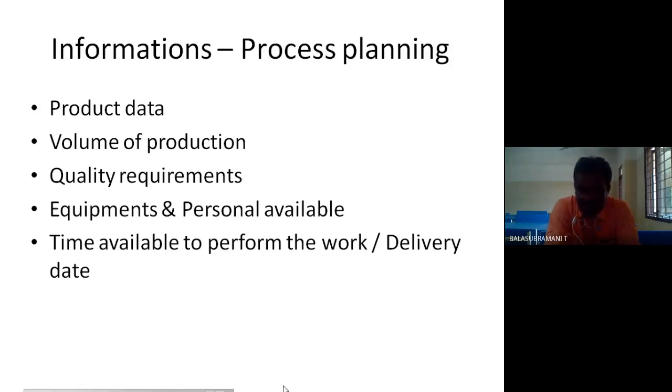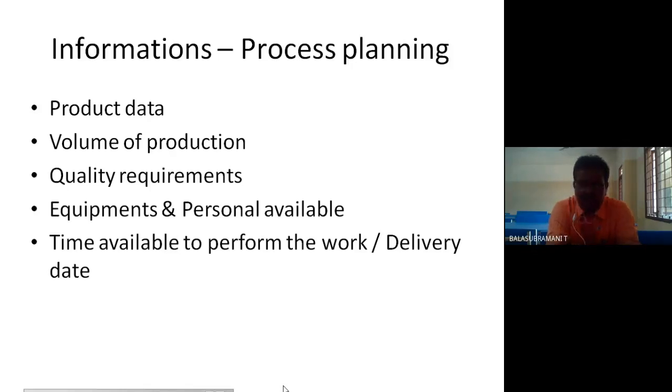So first you may find out the solution, the need of the problem. First you find out the problem: which part should be made or which part should be altered in the existing unit. It plays a very major role. Based on the problem, find out what data are needed. You may give a dimension, circle, length, tolerance or surface. So which data should be concentrated on? That is called product data.